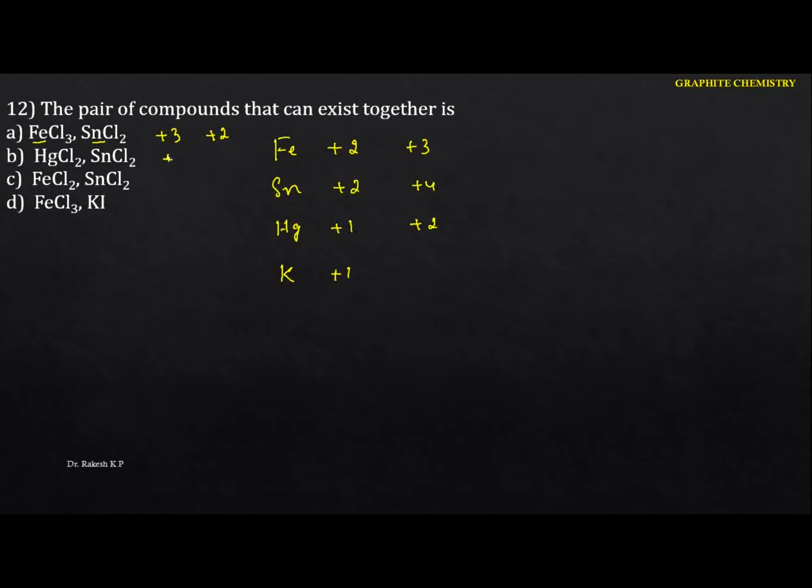Come to this one. In the second one, they show +2, and also what is given is +2. So here it can increase, here it can decrease. So again we can identify the redox reactions here. Come to this one, it shows +2, and here also +2. So here the lowest oxidation state is +2, and here also both have the lower oxidation state. So here we can't identify a redox reaction. Come to this one: this is +3, and this will be +1, so it can decrease. So this is the concept. Now we have to identify the pairs that can exist together, and the option is C. Next one.